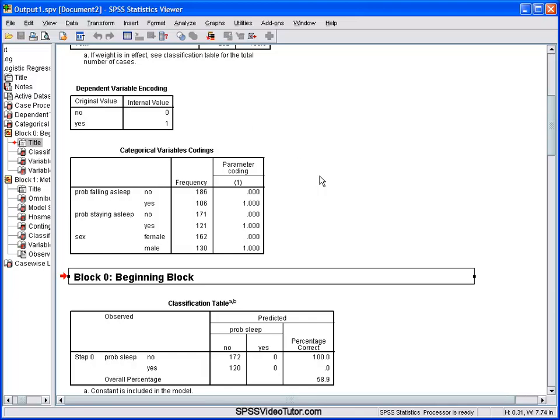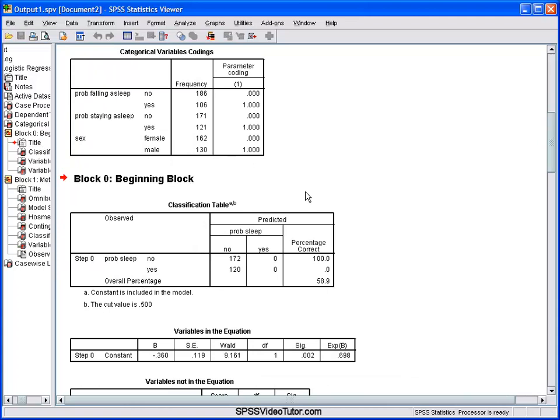The next section, labeled Block 0, contains the predictive results of your analysis without any independent variables included. This is sometimes called the constant-only model or the reduced model. This will serve as the baseline for comparing our full model that includes all of the independent or predictive variables. Now, the classification table shows us that the Block 0 model correctly classified